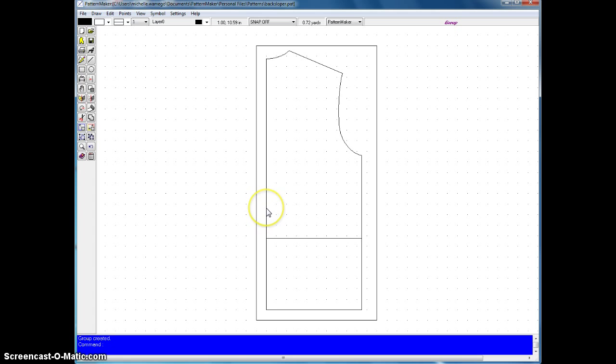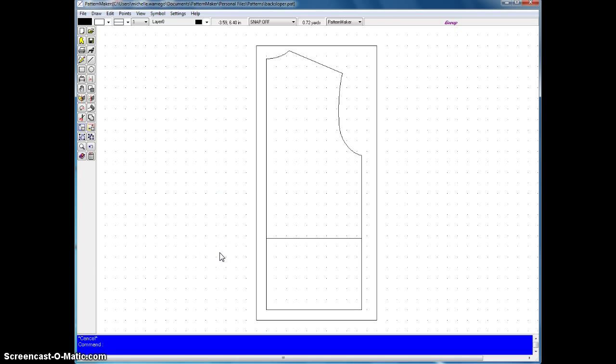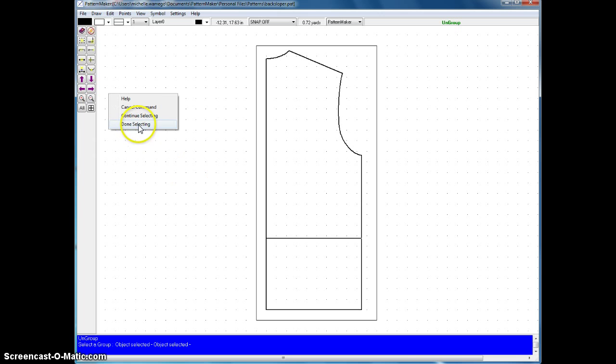But now if I click on one of those items, because they're grouped, they all are selected together. So I'm going to escape, cancel the command. All right, to ungroup an object, to break the group up again, in case you needed that, use the ungroup command in the symbol. Select from the symbol menu, ungroup, and then we would select that, done selecting, and now if we test it out,